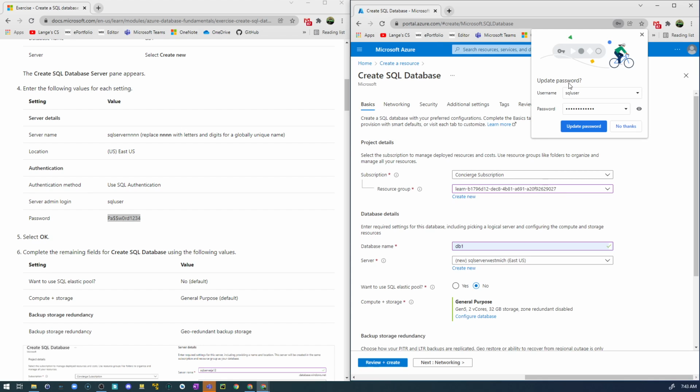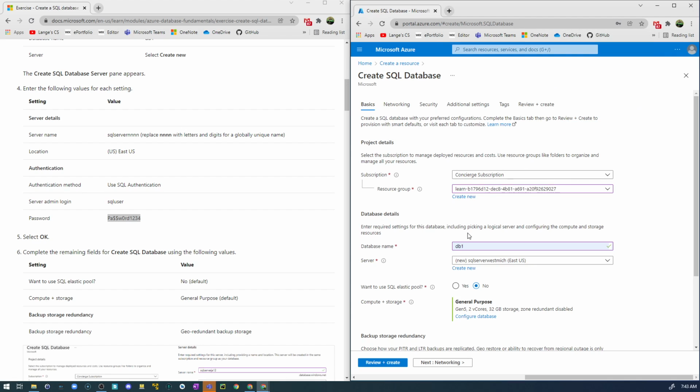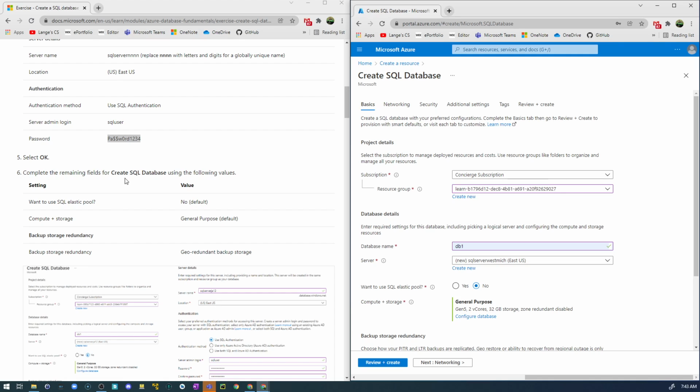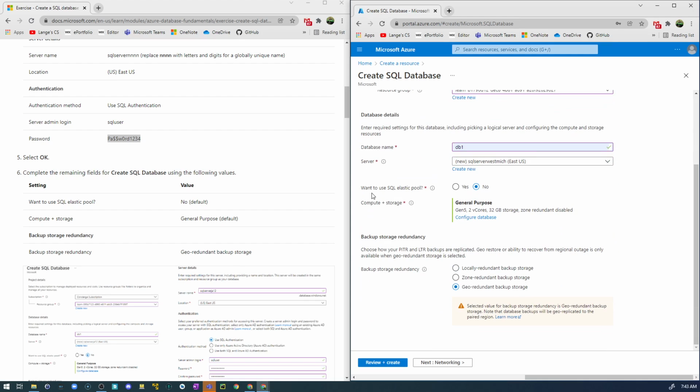And now it's asking me if it wants to update the password, and we'll do that for this project here. And now complete the remaining fields for the Create SQL Database. All right, let's go ahead and look. Want to use an SQL Elastic Pool? No. So we're down here now with this question right there, and it is set to no by default, which